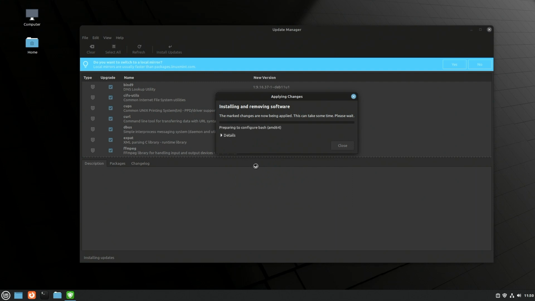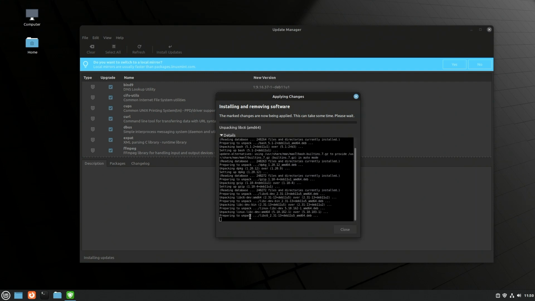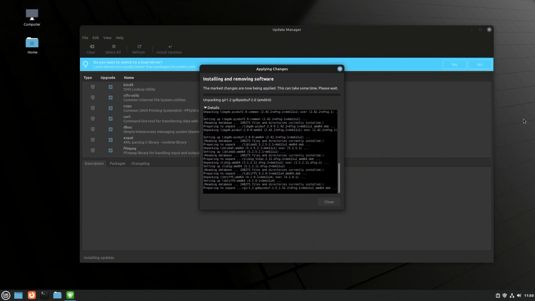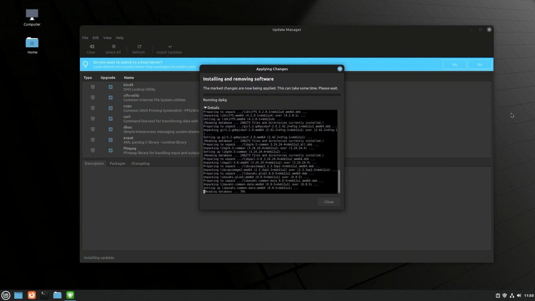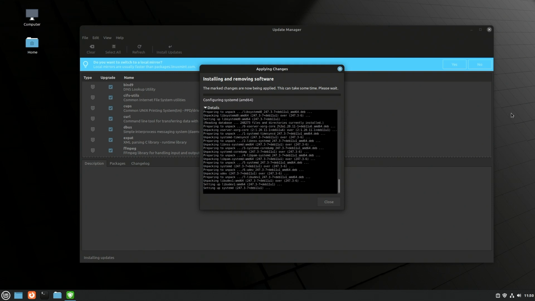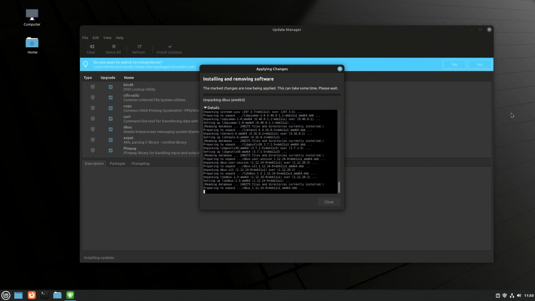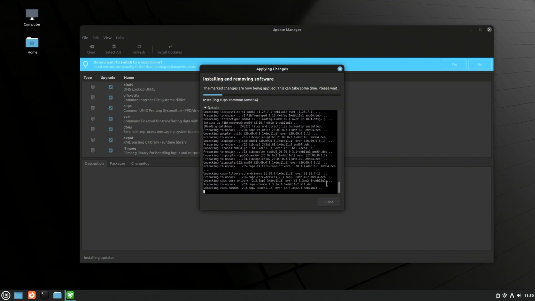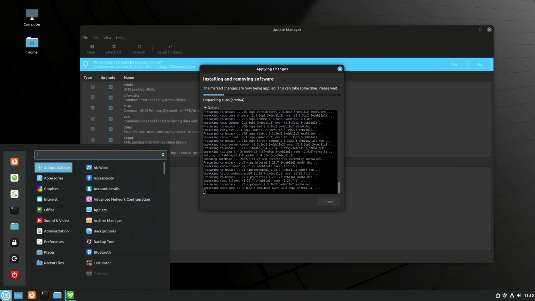But if you want something that's bleeding edge, the latest and greatest, this isn't really the system for you. But I don't want that. I want my system to be stable, and I have no problem using something that's not state of the art to do that. If it's a year or two older version of the software with security patches, I'm fine with that. So anyway, while it's doing that in the background,